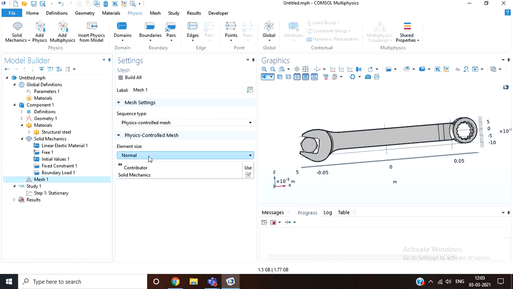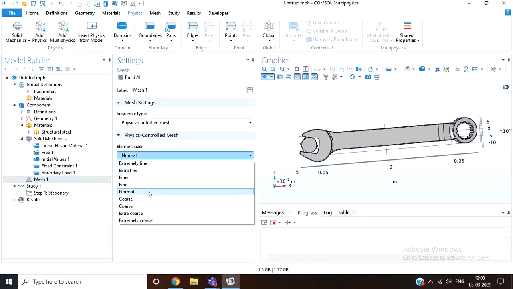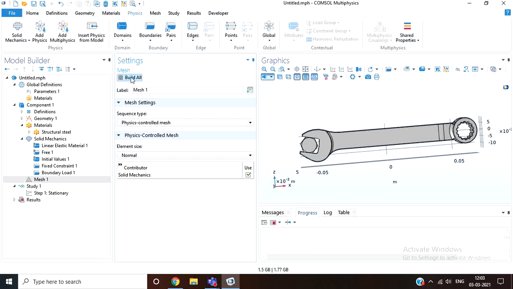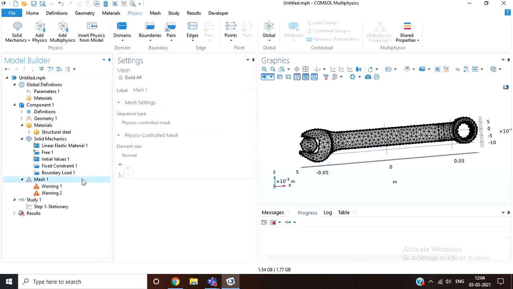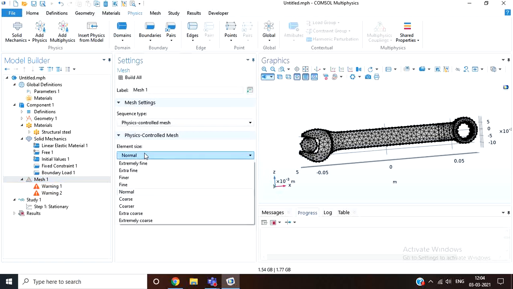Next is the mesh. Let's use a normal mesh. Here you can see that there are some errors coming in the normal mesh. This means that you have to make the mesh finer.